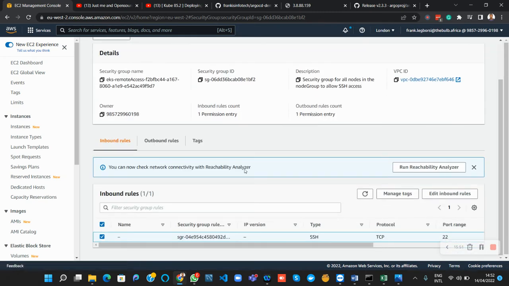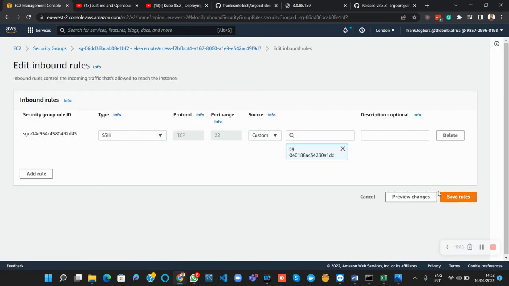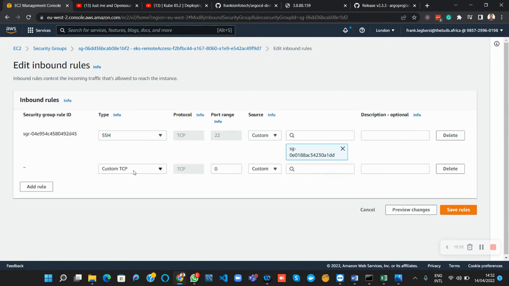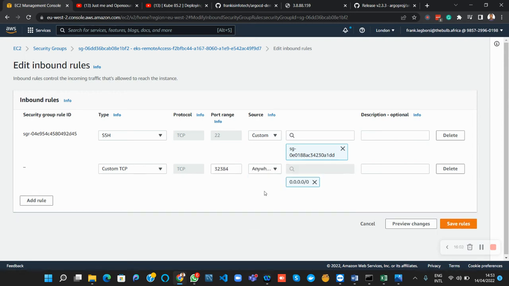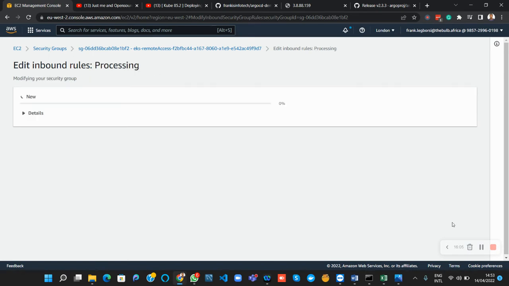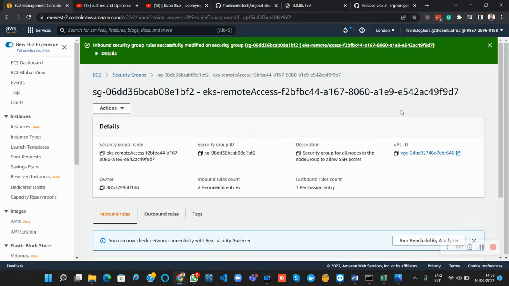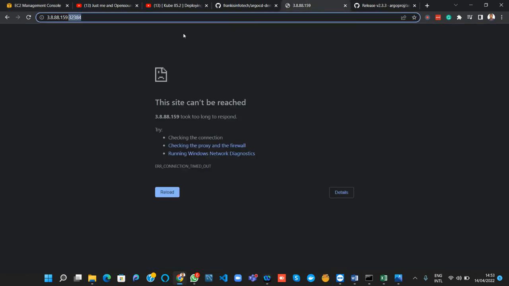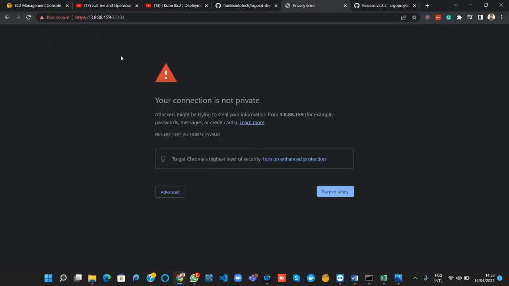and I'm going to edit the inbound rules. So edit inbound rule, add the rule, custom TCP. Then I'm going to paste that port number. So here's the port number. The source will be any IP, then save the rules. The moment I save the rules and I come back to my web URL in my browser and refresh, I should be able to get this